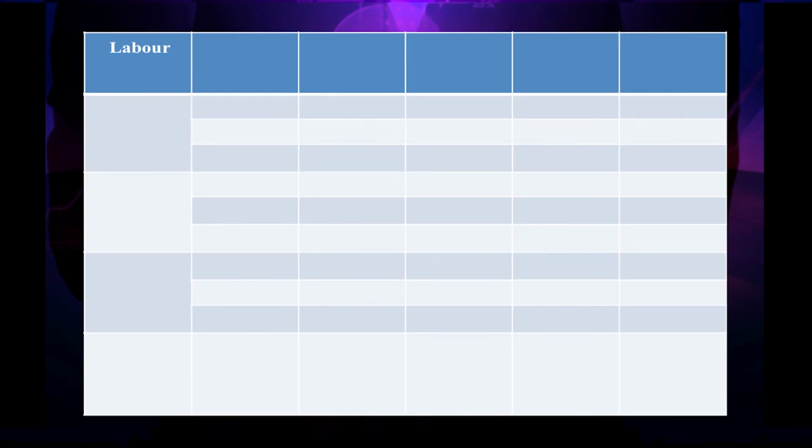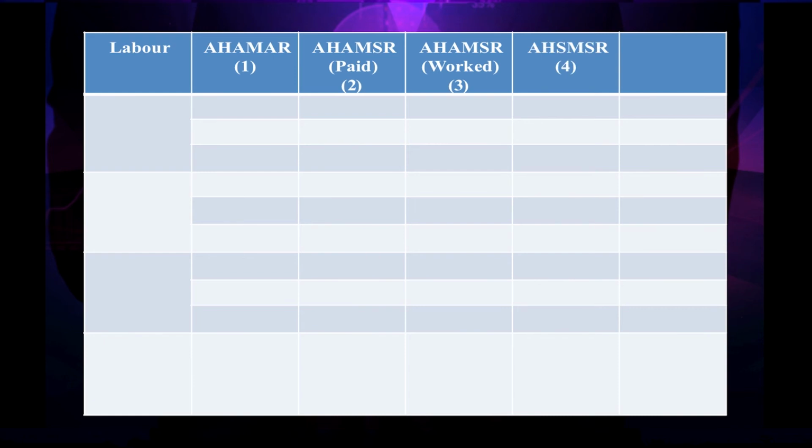As there is an idle variance, we will repeat the second column. That is, the first column will be AH, AM, AR, second column AH, AM, SR. This column will be repeated. So, again it is AH, AM, SR. The difference between these is the first one is paid hours, the second one is the worked hours. Column 4 is AH, SM, SR, column 5 SH, SM, SR. There will be 4 rows, one for the skilled workers, second for the semi-skilled, third one for the unskilled, and the final is total.